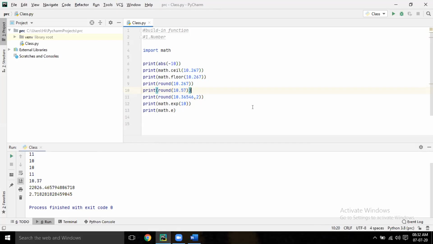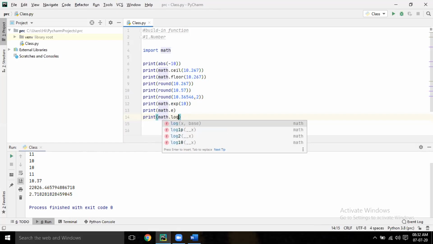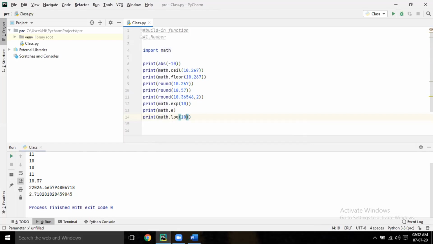Now next, print math.log within brackets 10. This is the value of log 10.